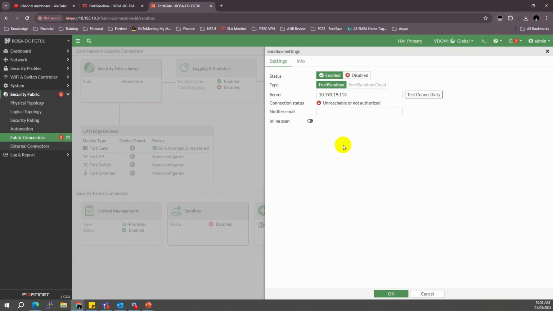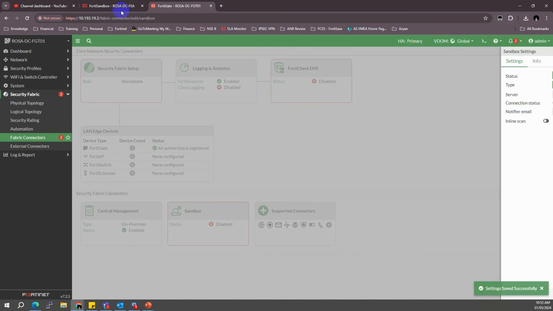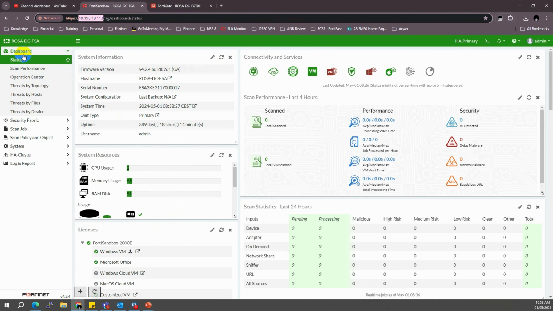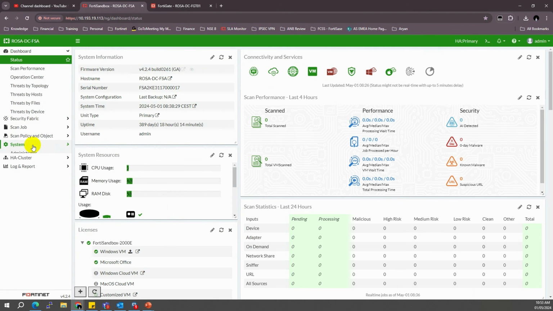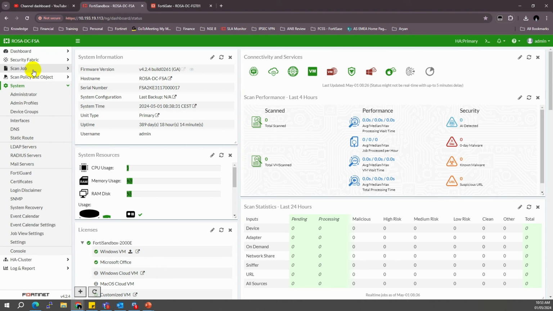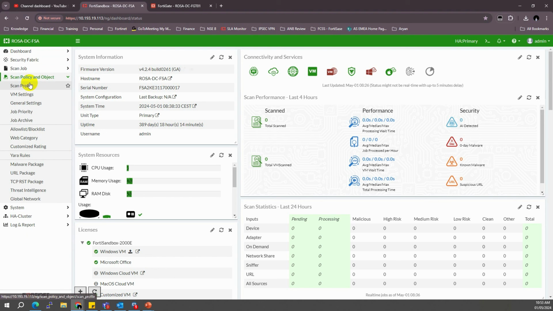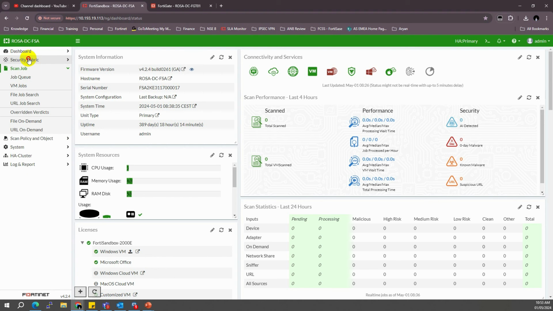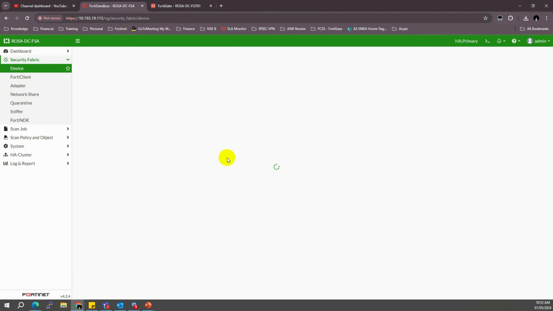Okay, so now it says unreachable or not authorized. That means the request either did not reach the sandbox or it is not authorized. So I will click OK. I will go to my sandbox, and go to Security Fabric Device, and under the device,